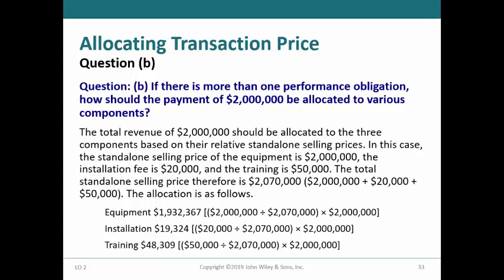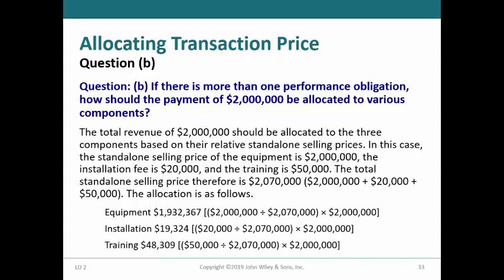Therefore, the equipment standalone of $2 million is divided by the total standalone of $2,070,000 for an allocation of $1,932,367 for the equipment. The same process is followed for the installation and training, which have standalone selling prices of $20,000 and $50,000, resulting in an allocation of $19,324 to installation and